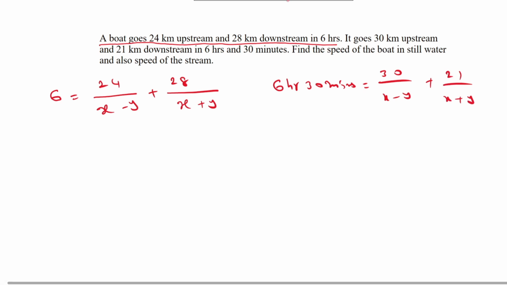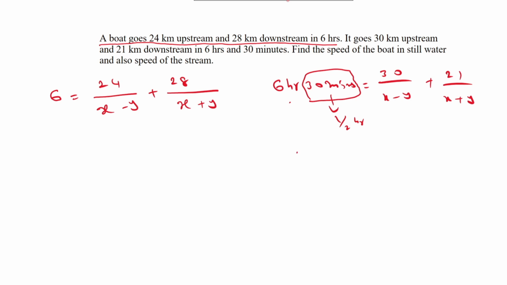Here 6 hours is okay, but 30 minutes is in minutes, right? So let us convert these minutes to hours. 30 minutes means 1 by 2 hour. So total 6 and 1 by 2 hours. If we simplify this, 2 sixes are 12 plus 1, 13 by 2 hours. So 13 by 2 equals